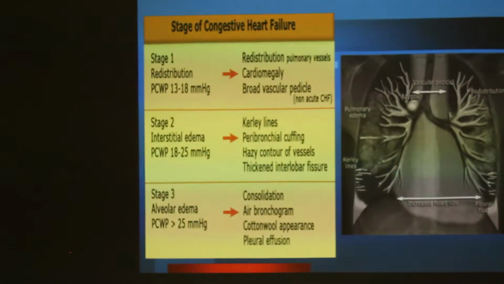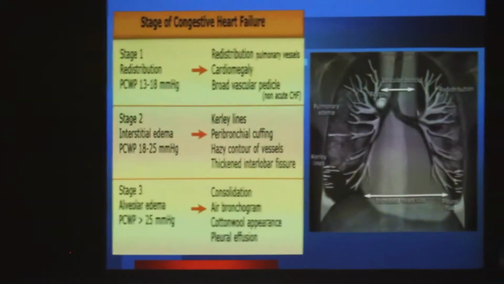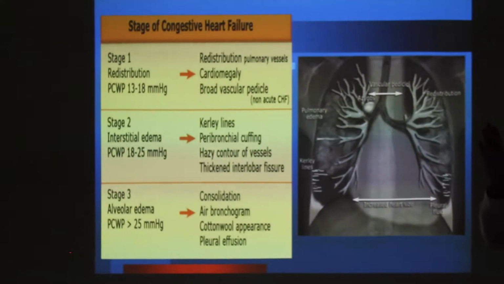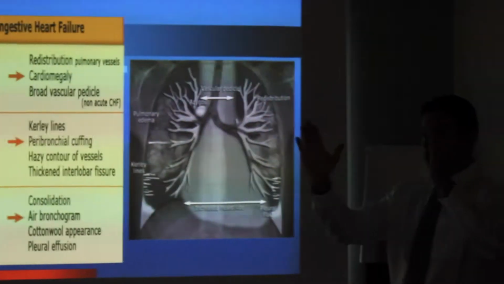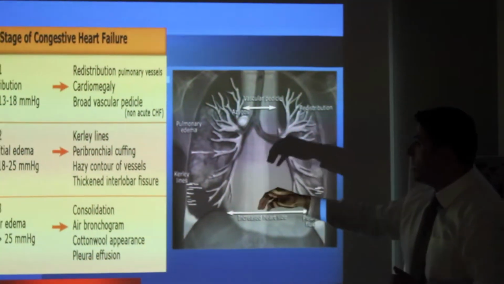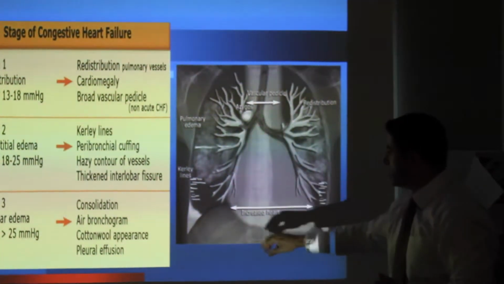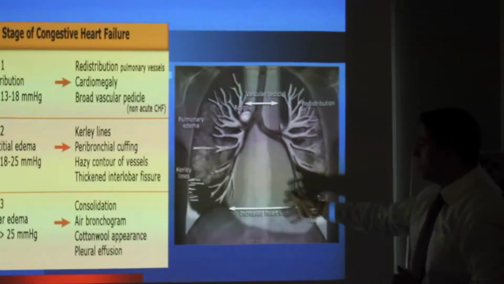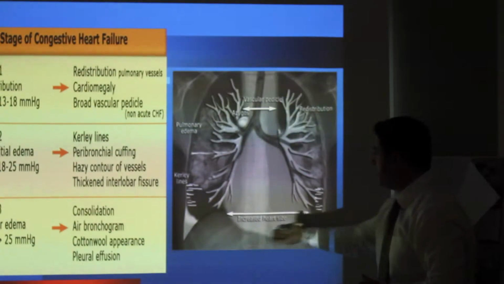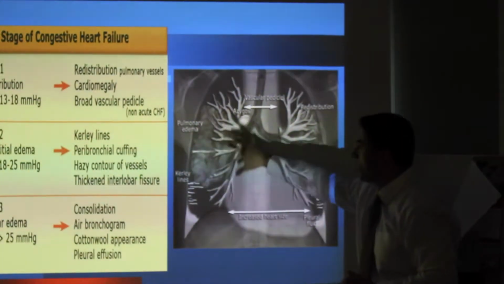So let's get a little bit more details. What are some of the stages of heart failure? We have 3 stages. Stage 1 is where you start having broadening of the vascular pedicle width. So the IVC becomes more congested, and the vessels in the mediastinum become congested, and this is going to become widened. Stage 2 will have interstitial edema, such as Kerley B lines, and I will show you some examples. And stage 3 we'll start having pleural effusions and also more alveolar process,